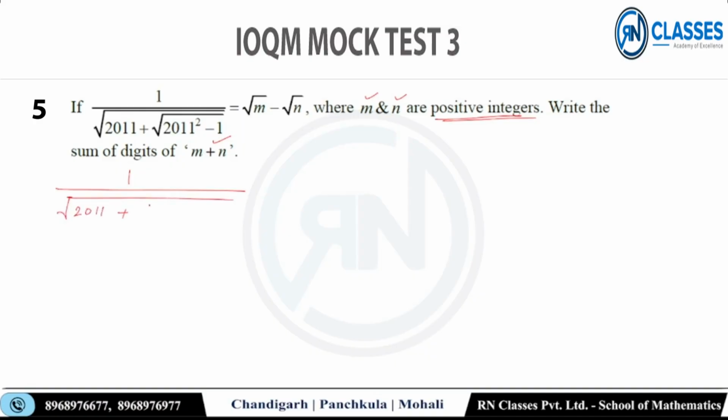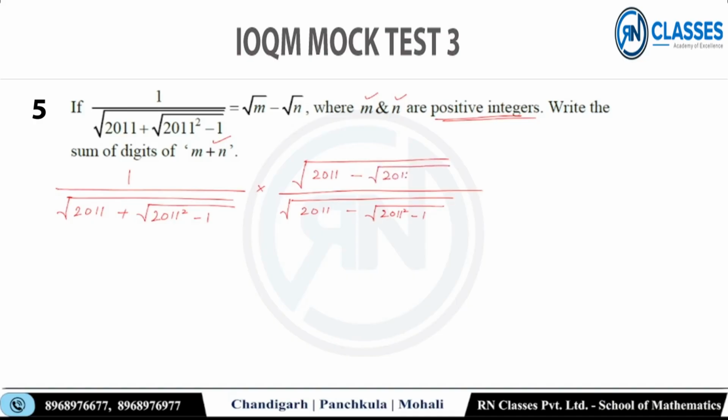2011 प्लस अंडर रूट ऑफ 2011 स्क्वायर माइनस 1, तो रैशनलाइज किया, डिनोमिनेटर वुड बी 2011, ठीक है। अब माइनस करना पड़ेगा अंडर रूट ऑफ 2011 स्क्वायर माइनस 1, ये वैसे का वैसे रहेगा, a प्लस बी, a माइनस बी, राइट। ऐसे ही करते हैं हम रैशनलाइजेशन, ठीक है, रैशनलाइजिंग द डिनोमिनेटर, ठीक है। सो यहां पे माइनस आ जाएगा, जो डिनोमिनेटर में किया है वही न्यूमरेटर में करूंगा, ठीक है।